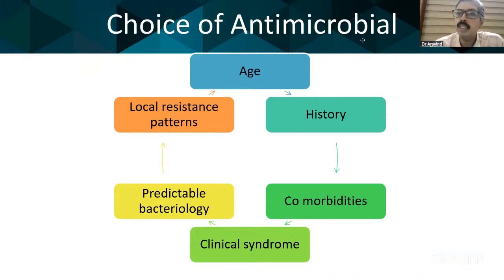Based on the clinical history, the epidemiological parameters, the anthropology, and the immunosuppression or immunocompetence comorbidity profile, we should have an understanding of what we are supposed to cover through our empirical treatment. That is, we need to have an idea about the predictable microbiology. And suppose you are dealing with a nosocomial pathogen, probably knowledge about the local resistance rates also will help